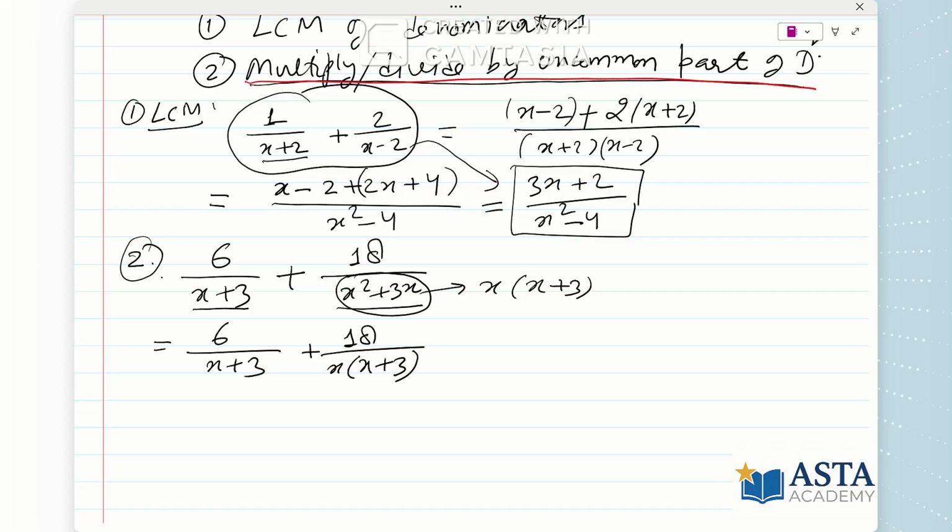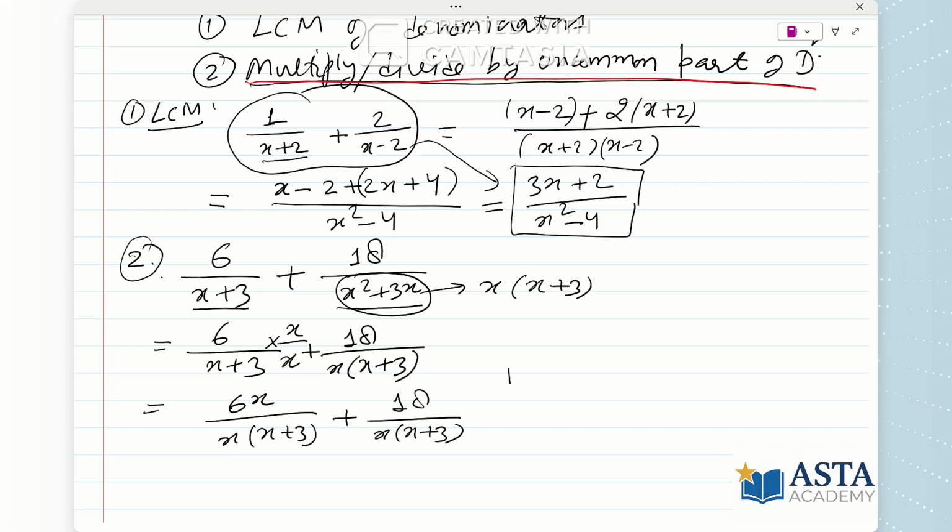I'm going to multiply by x here and divide by x here. I can always do that to any expression, multiply and divide by the same number, right? So this will be equal to 6x divided by x into x plus 3 plus 18 divided by x into x plus 3. So essentially what we are doing is making the denominator the same. That's the idea here. So if you did that,